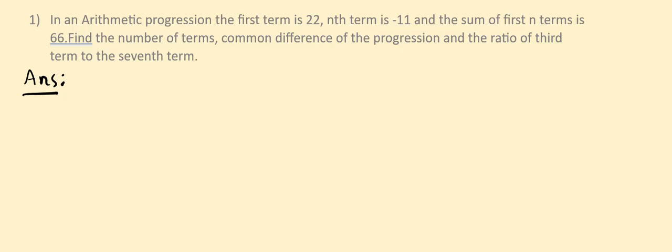In today's class, we will discuss a question related to arithmetic progression. In an arithmetic progression, the first term is 22, the nth term is minus 11, and the sum of the first n terms is 66. Find the number of terms, the common difference of the progression, and the ratio of the third term to the seventh term. What all have they given? Here they have given,